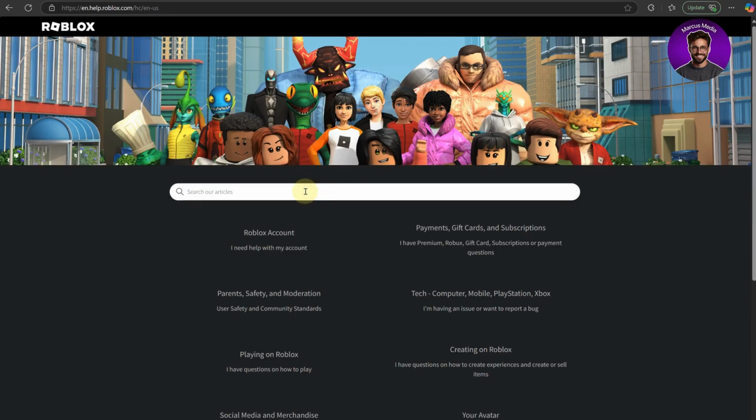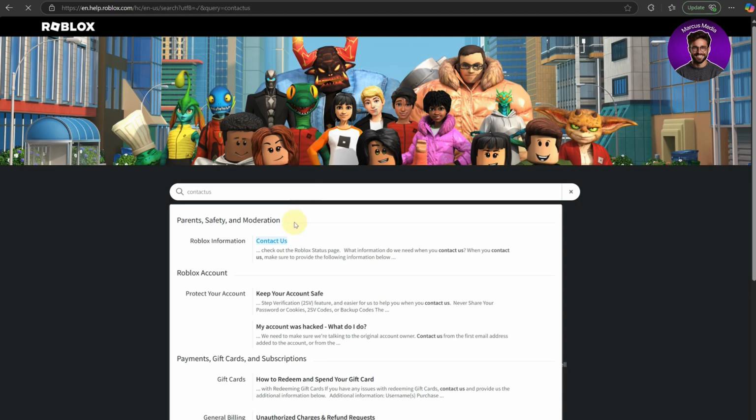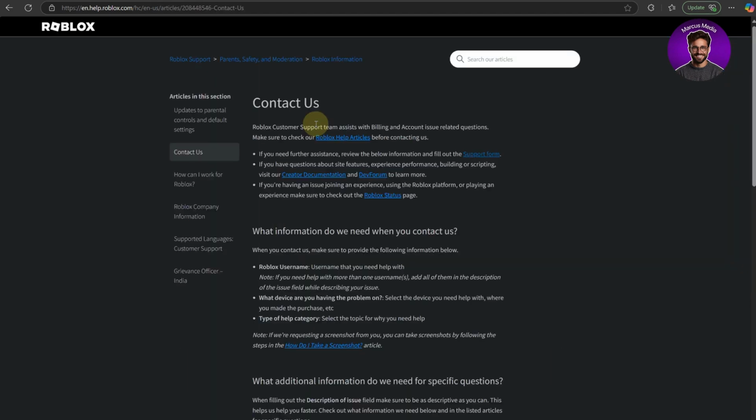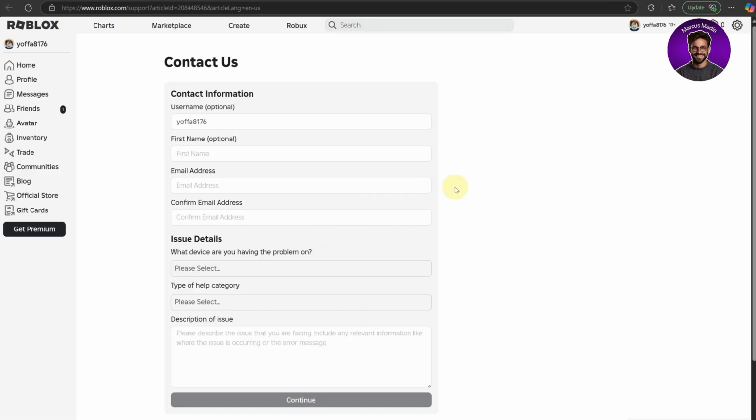Go to the search option and just search the contact us button. Once again redirected to another page, you'll get a paragraph on why you should contact Roblox support, but you can just ignore all of the text and go straight to the support form. You'll get the option to create an account or click login, and I presume you already have an account, so just go to login and